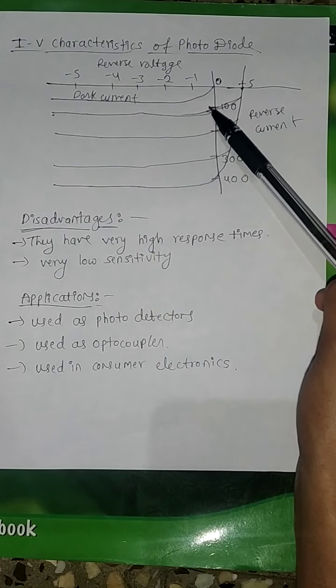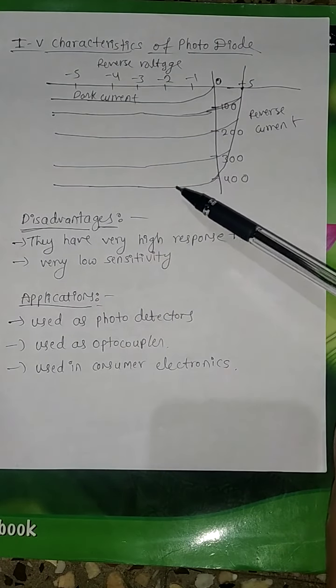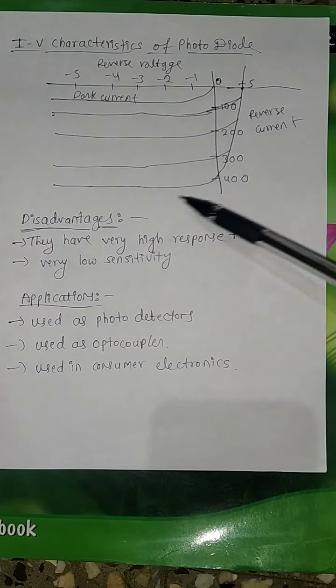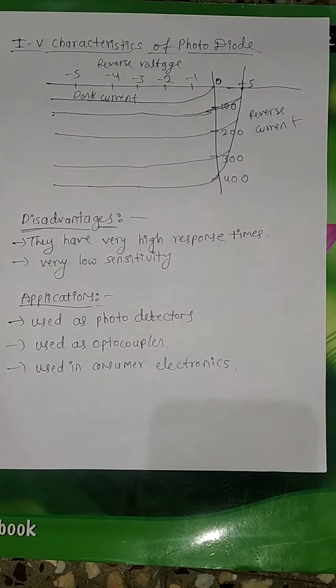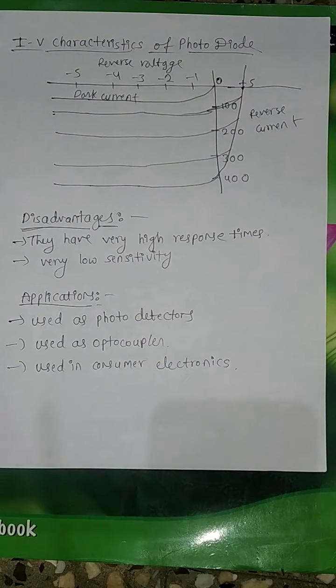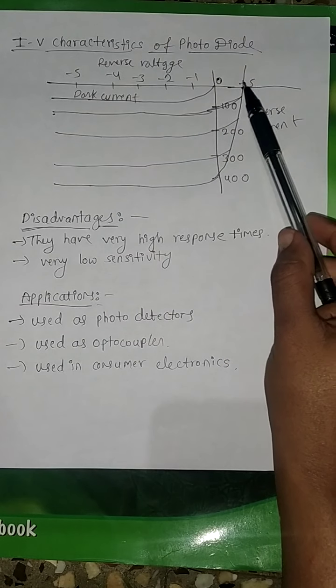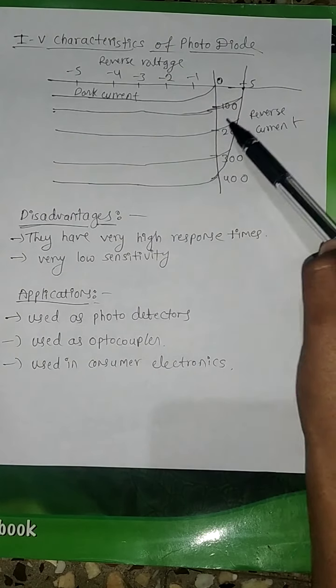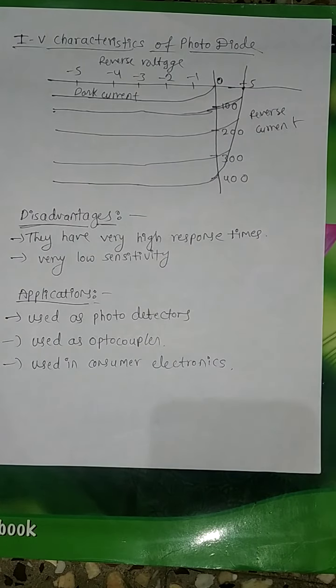And next, as the voltage and current values go on increasing, the photodiode characteristic value also goes on increasing. Okay, so that's how you will get a graph like this. This is the VI characteristics of the photodiode. So in the examination you should give this graph. And see here, this is operated at how much? Plus 5 volts. So at plus 5 volts, the current generated will be like this. This much current will be generated in the circuit. From this we will come to know.